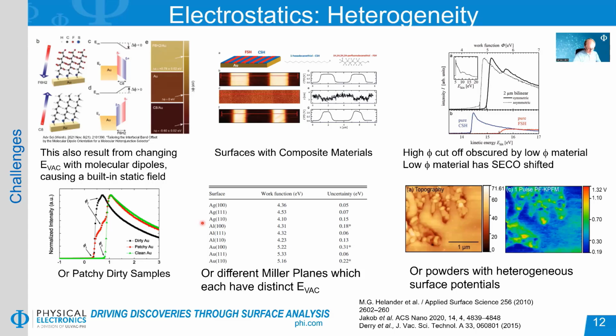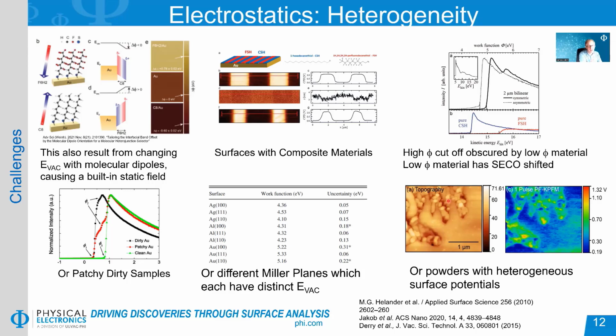And then finally, and most importantly, I think to a lot of our audiences, you can think about that same effect now being applied to powders. So powders obviously have many different facets exposed. They typically have oxides on the surface and can be charged. And so what's being shown here is someone did an AFM experiment of this oxide